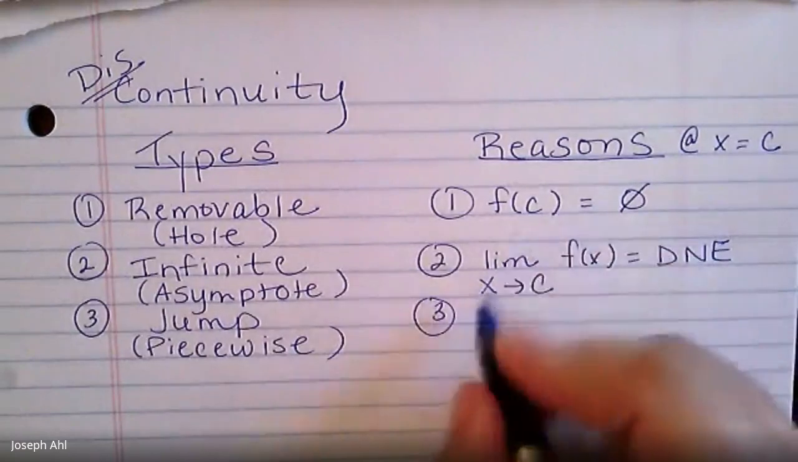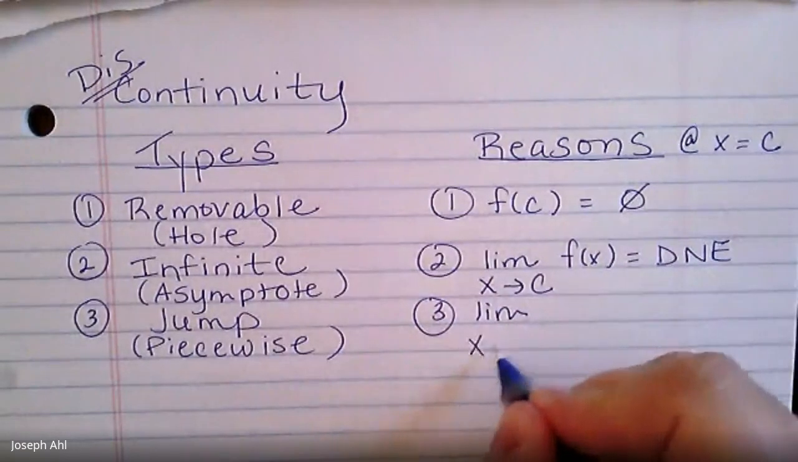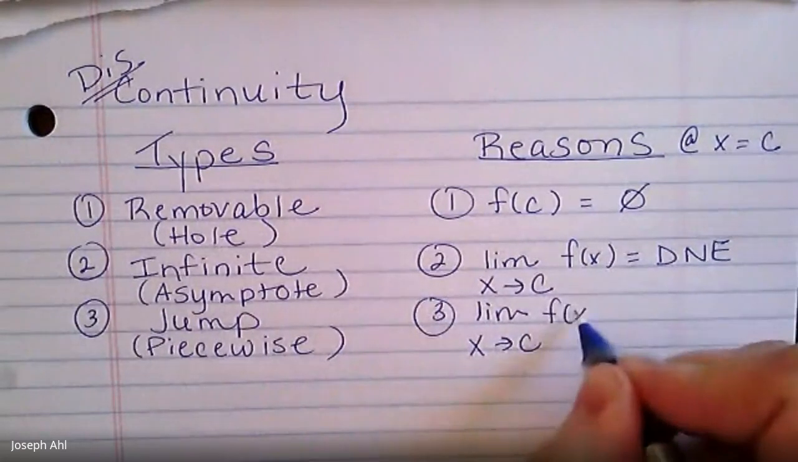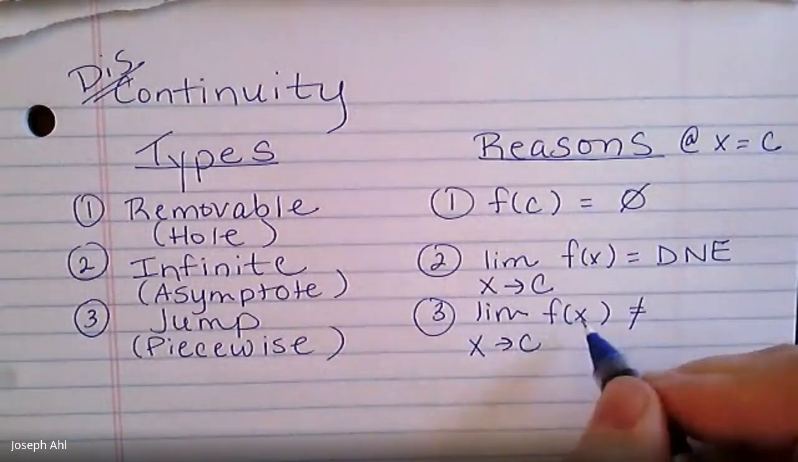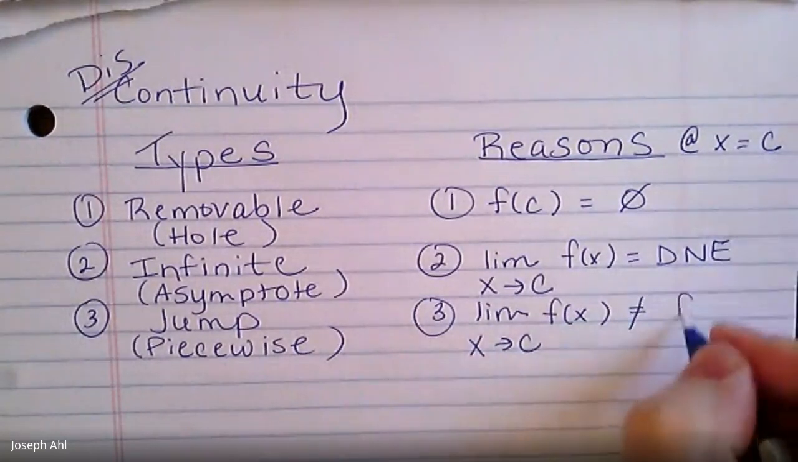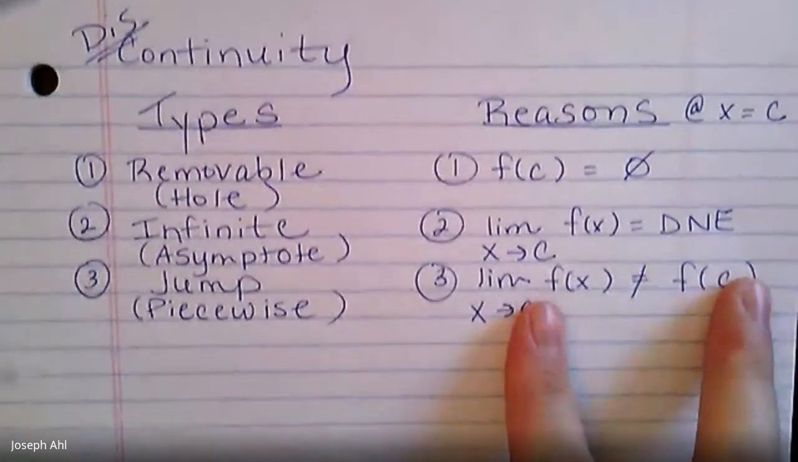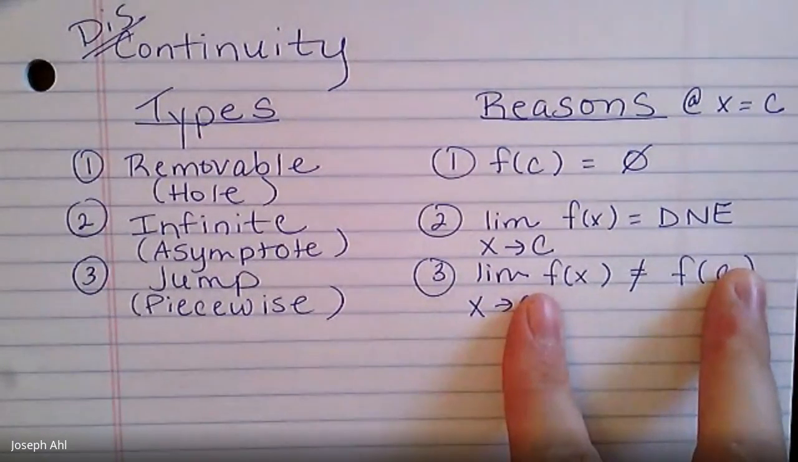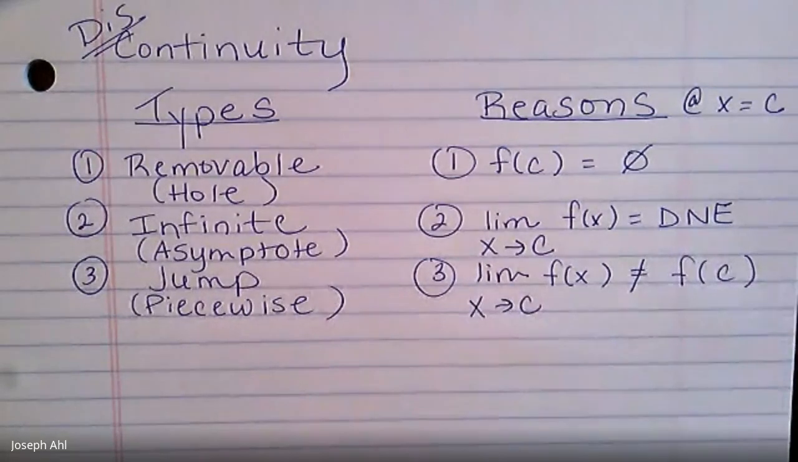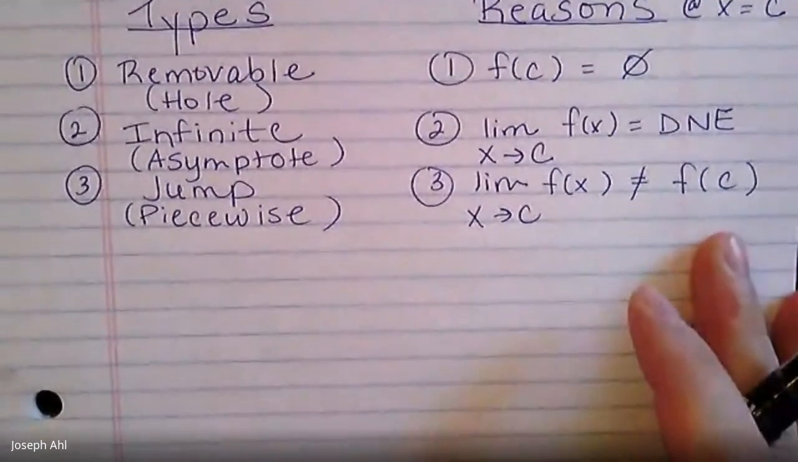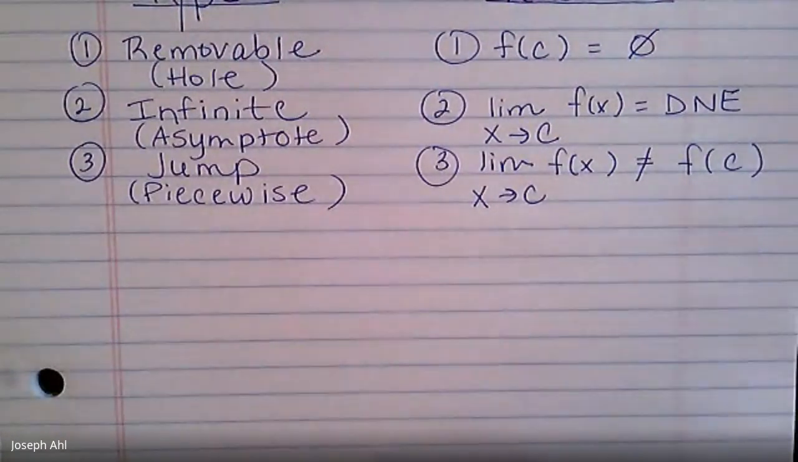And the third reason, which I don't think is as common as one and two, but it certainly applies, is if the limit as x approaches c does not equal f of c. So if both of these things exist, but they're not the same value, then that's a reason we'd be discontinuous as well. So just as a quick example of what we're talking about there,